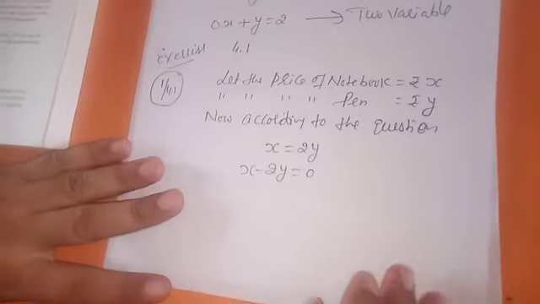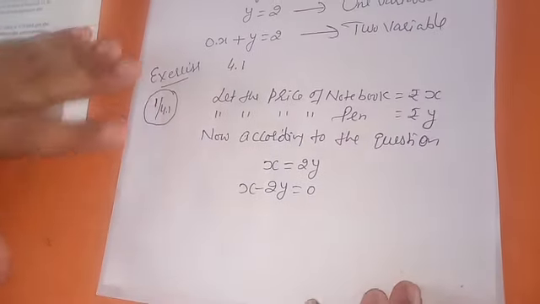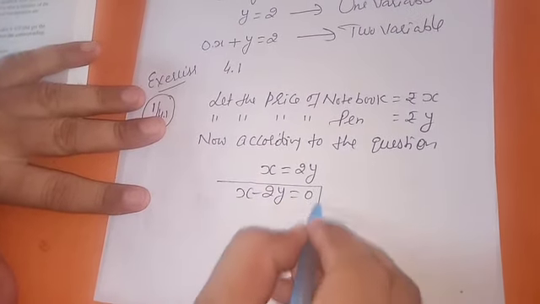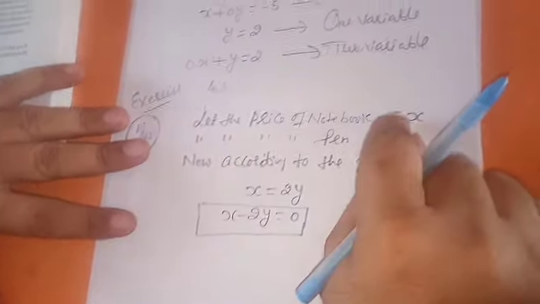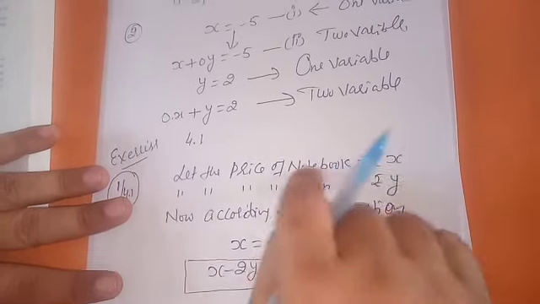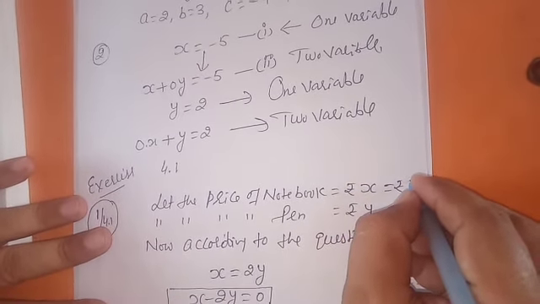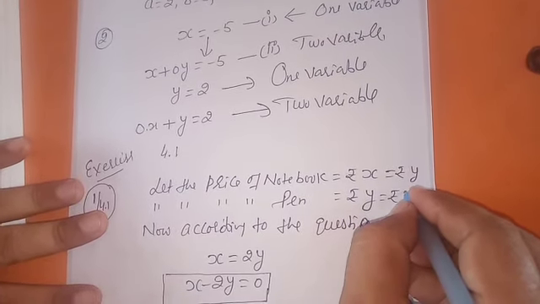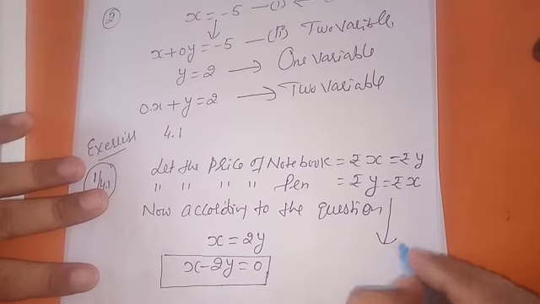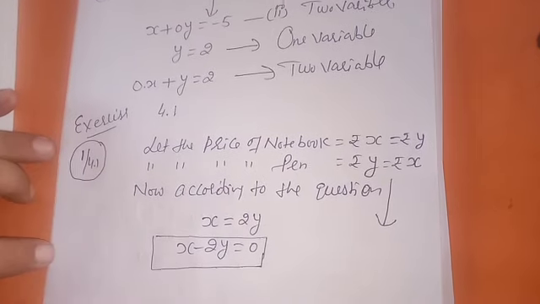You can solve this another way also. Write a linear equation in two variables to represent this statement. So this statement is represented by this linear equation in two variables. If you take it like this, let the price of the notebook be Y and the price of the pen be X, then how can you write this? You can tell me. Understood?